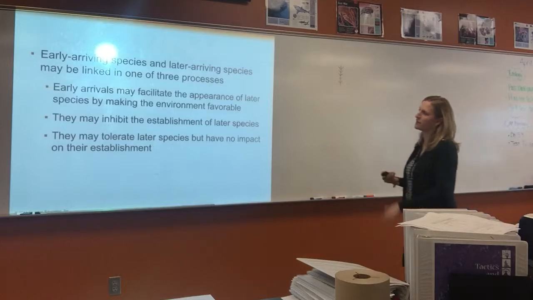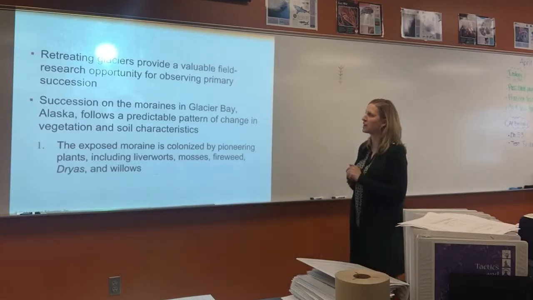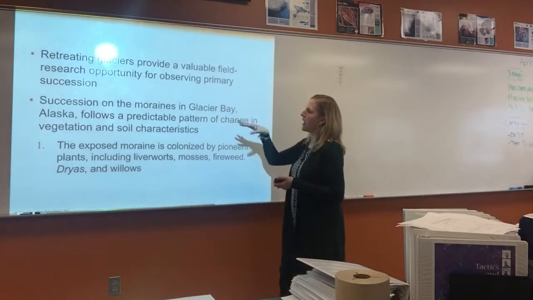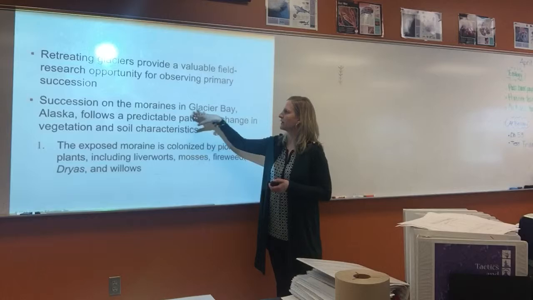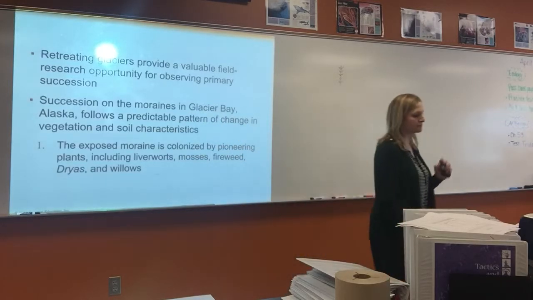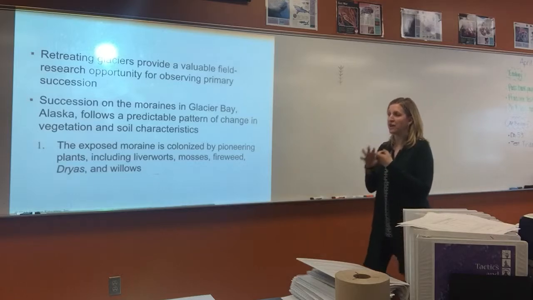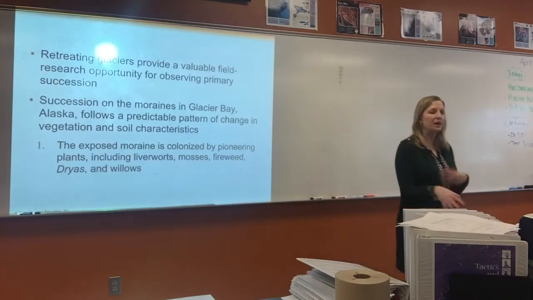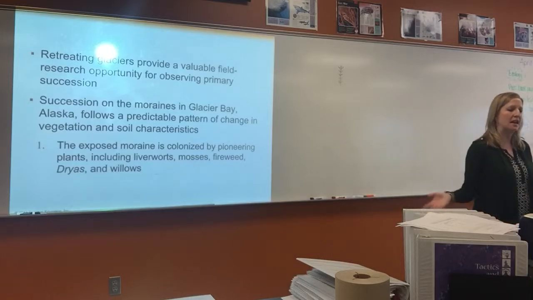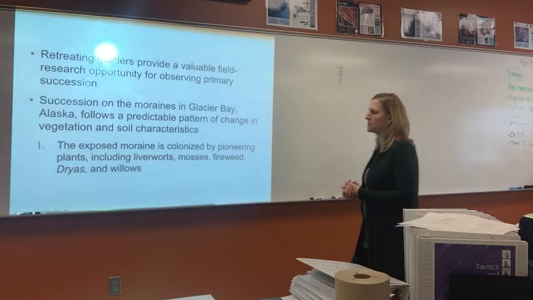So let's look at some examples of this. We're going to look at, I used the example of a retreating glacier, and they actually studied a retreating glacier in Glacier Bay, Alaska. So it follows a predictable pattern of change in both vegetation, plant life, and soil characteristics. First, plants will be the first ones to come in, then animals will follow because animals feed off the plants. And so the type of plants kind of determine the type of